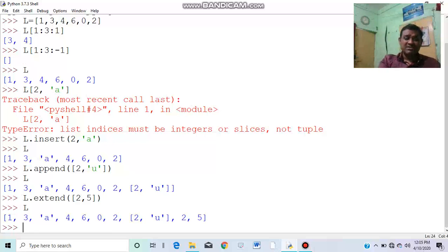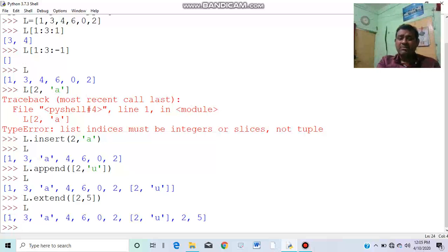If L is a list and by using the extend function I am adding another list 2 5, then 2 and 5 are added as independent elements, not in the form of a list. This is the major difference between append and extend. I hope this is very clear.